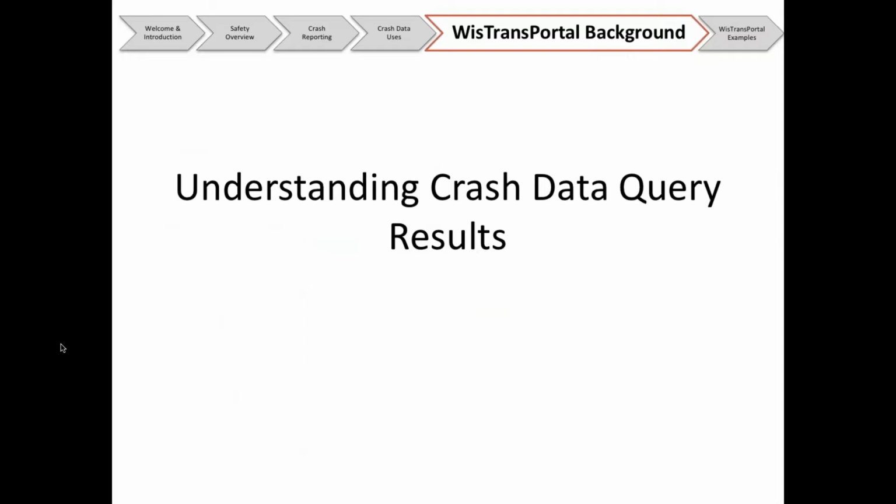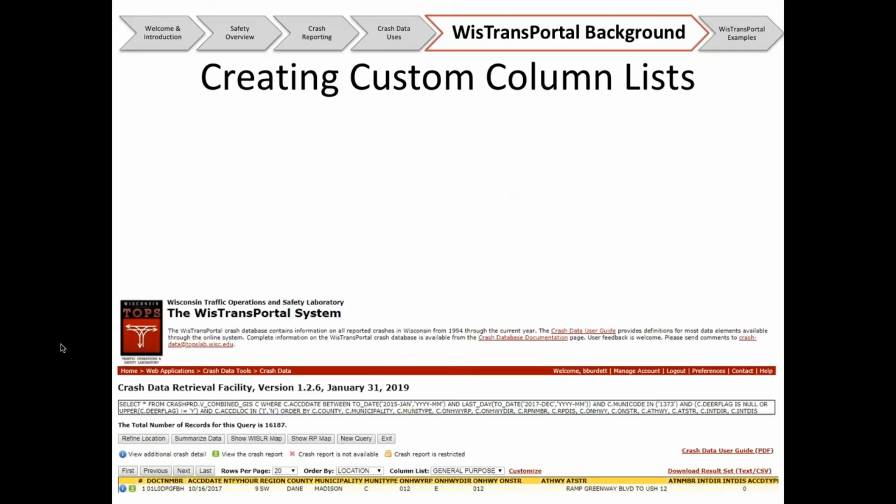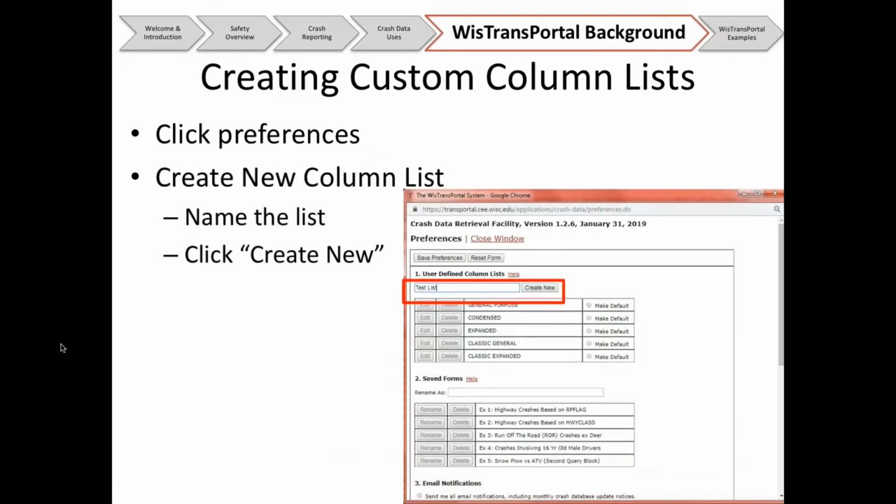Understanding crash data query results. So creating that custom column list, you can click on preferences there. You can go in there and you can change your column list. You can name the list and create new, and then it can be whatever you would like it to be